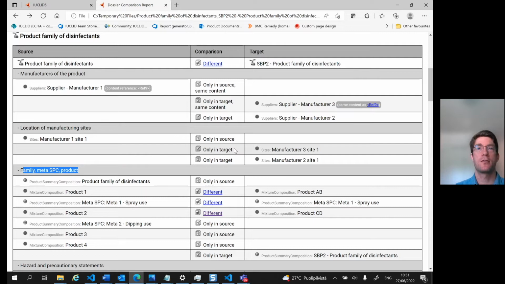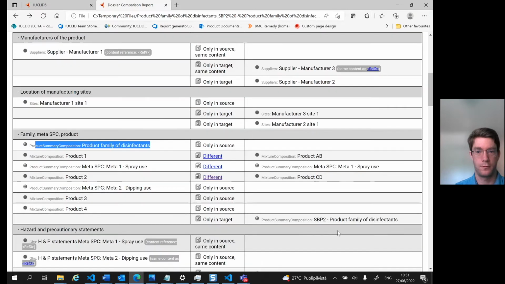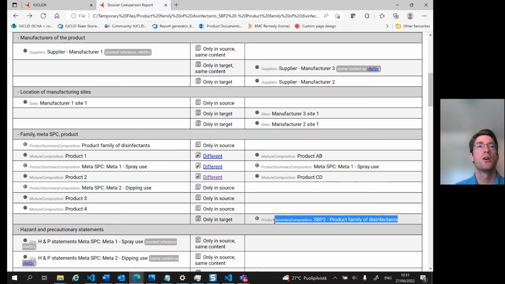Let's focus on the family meta SPC product section, this section here. I see that there have been many changes here. The source's product summary composition is not found in the source. This one here. This means that this summary has been deleted by the preparer of the dossier. However, I see there is a new product summary composition in the target here. So I know the source is not missing the composition, but the user has just added a completely new